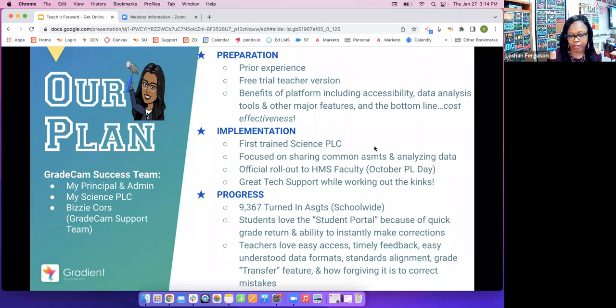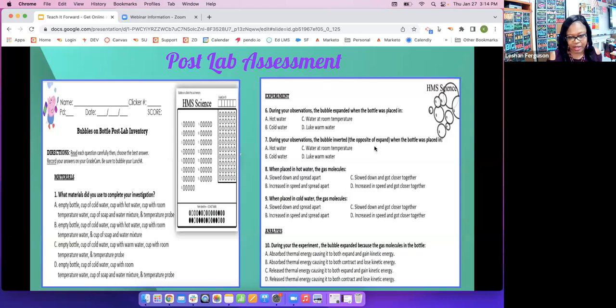Standards alignment and the grade transfer. Grade transfer, oh my goodness, that has been time saving. So here you'll see some of the samples of assessments and different activities that I've been able to use GradeCam